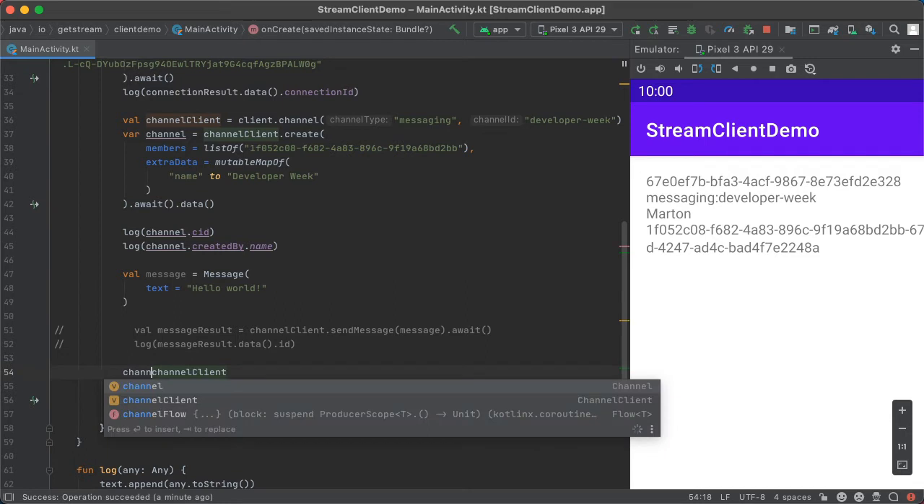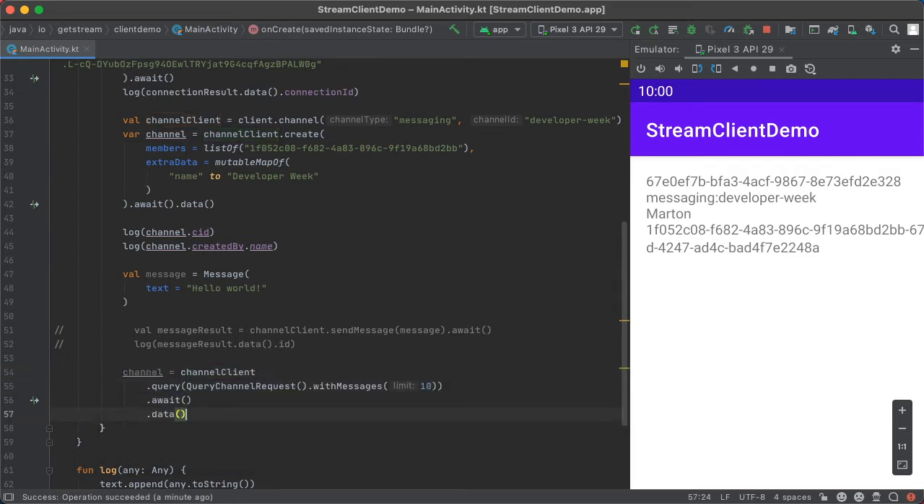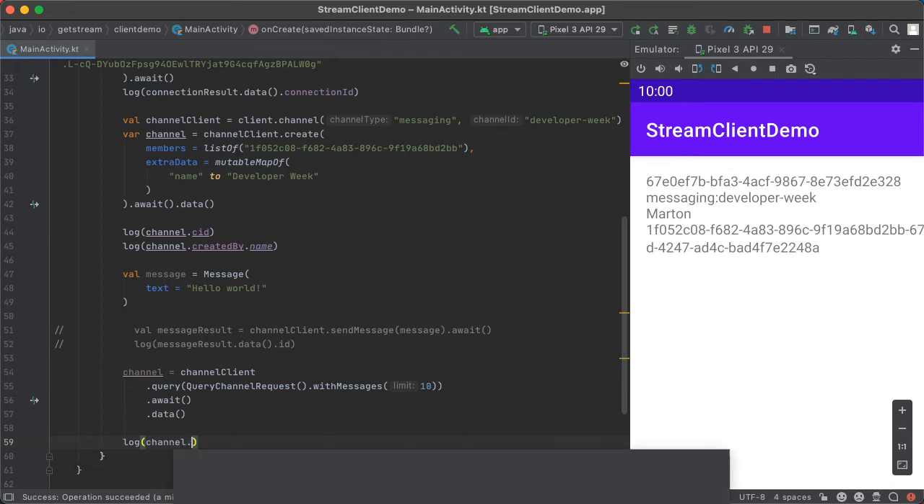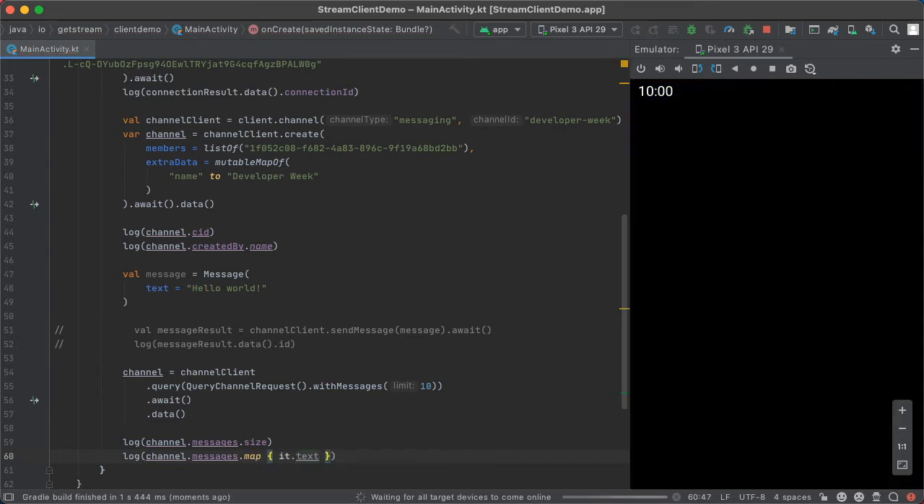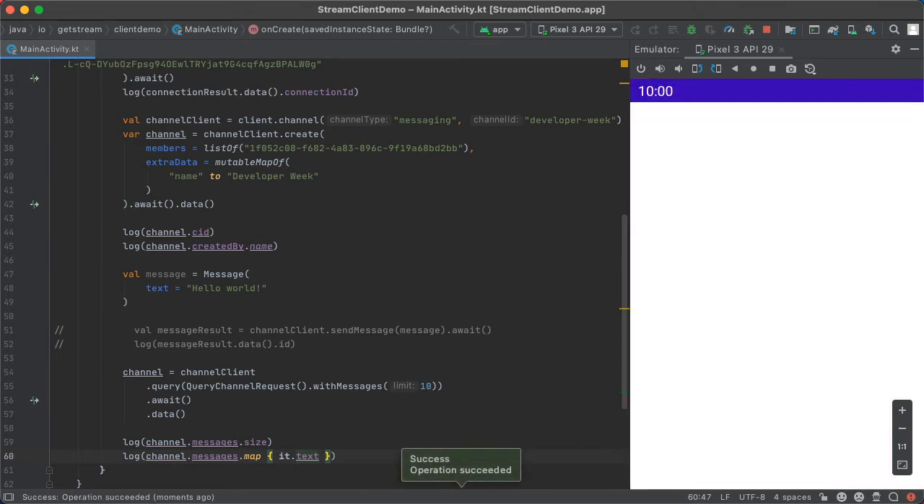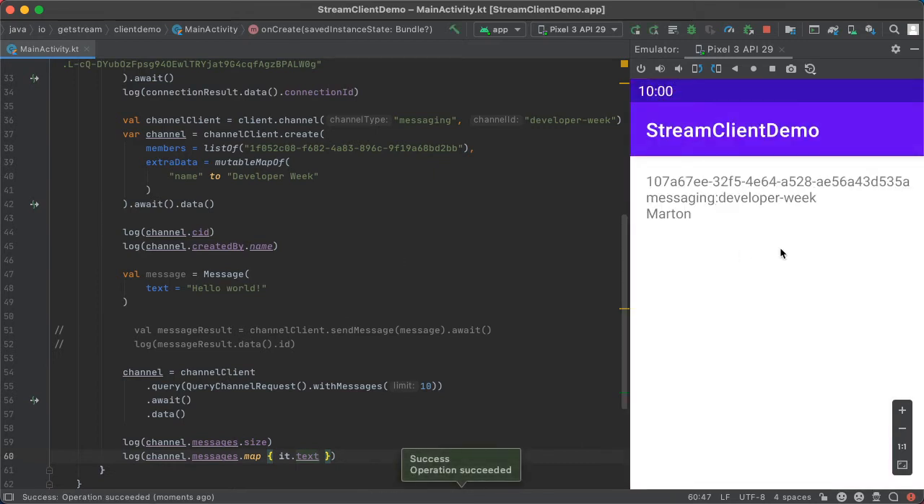And I can just save this to the channel variable again, because this is a new state for the channel that I already had. And if I now log, let's say, channel.messages.size, or even just all the messages and mapping them each to their text, then we're going to have a view of the messages that are there in the channel. And that's correct. So we see that there's 1 message in the channel,